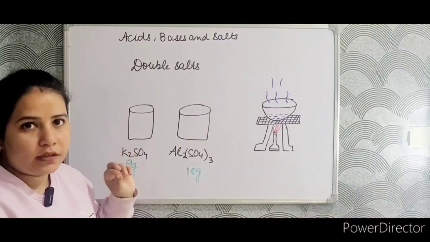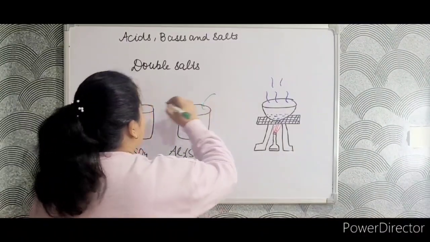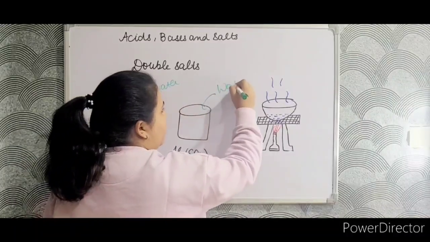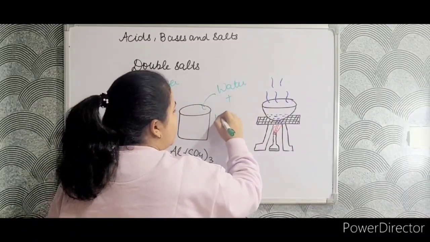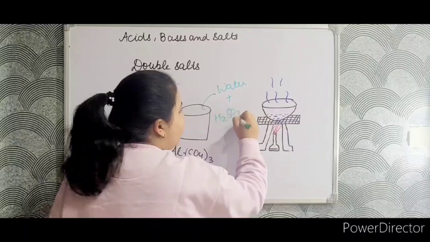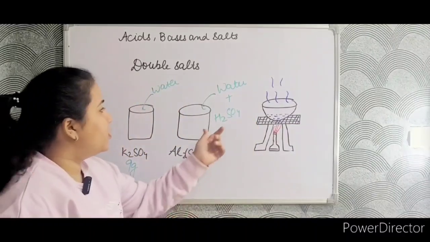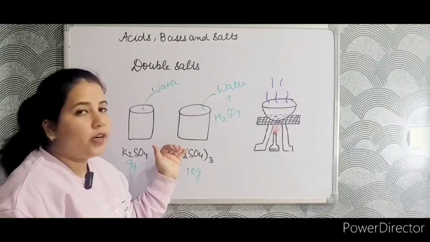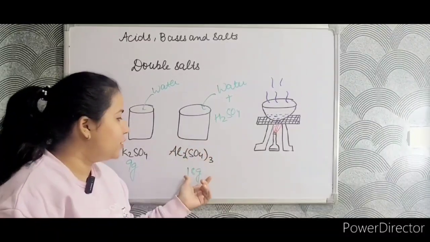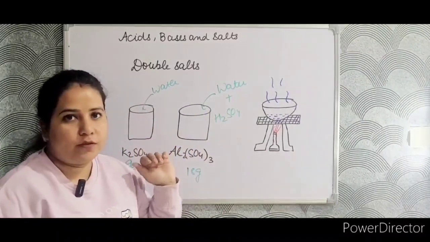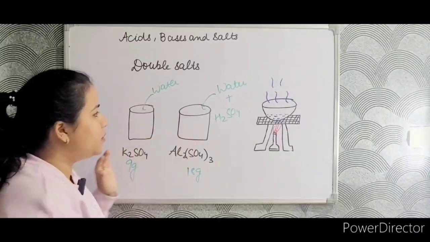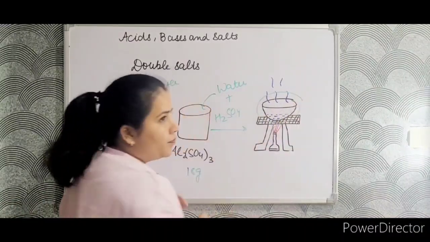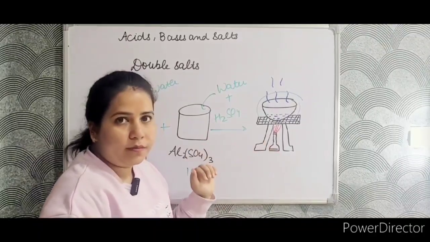and it is constantly stirred. To this mixture water is added. Here along with water some H2SO4 is also added. The purpose of adding H2SO4 is to avoid precipitation of this mixture. Now both these mixtures are added to a china dish and which is kept on a burner.